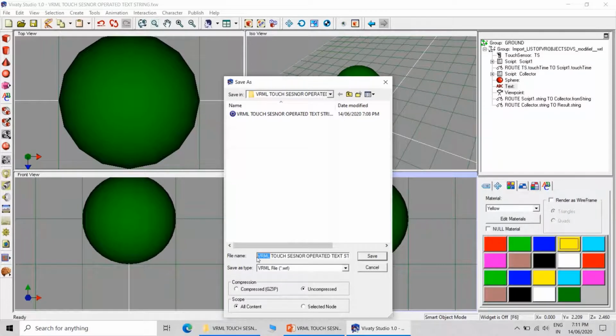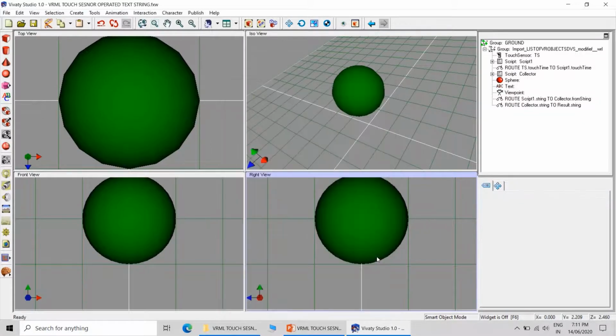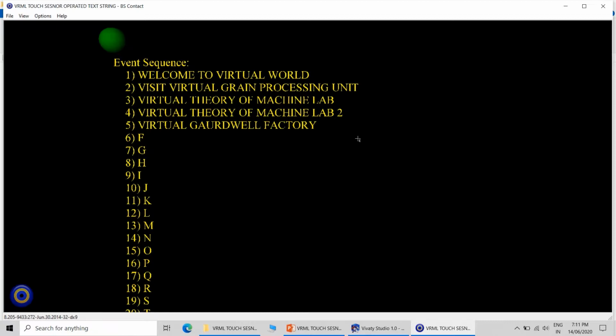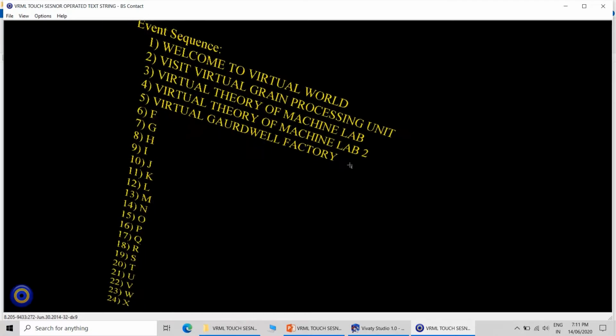We will call this yellow color touch sensor operator script. Save and minimize, and you can see that instead of white, now the text color is yellow. This is very simple.